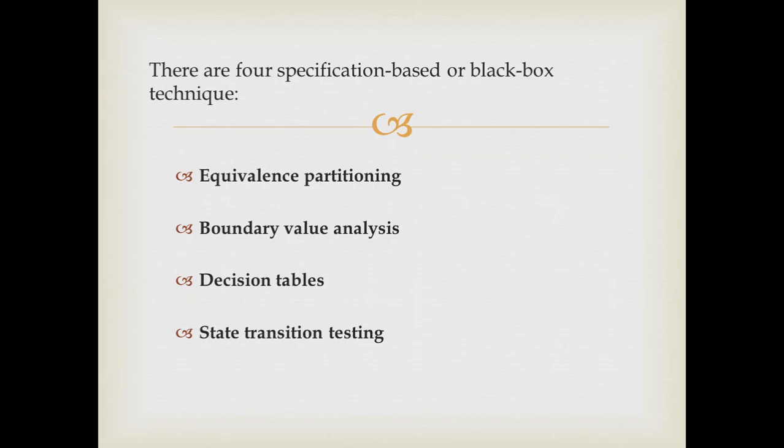So this is your black box testing, where you're not digging deep into the code and you're just worried about the functionality. Based on that, we have these four divisions: equivalence partitioning, boundary value analysis, decision tables, and state transition testing. Without knowing these two specifically, equivalence partitioning and boundary value analysis, you cannot clear any testing interview. Any interview for a tester would have this question. So I would recommend you understand these two in detail.